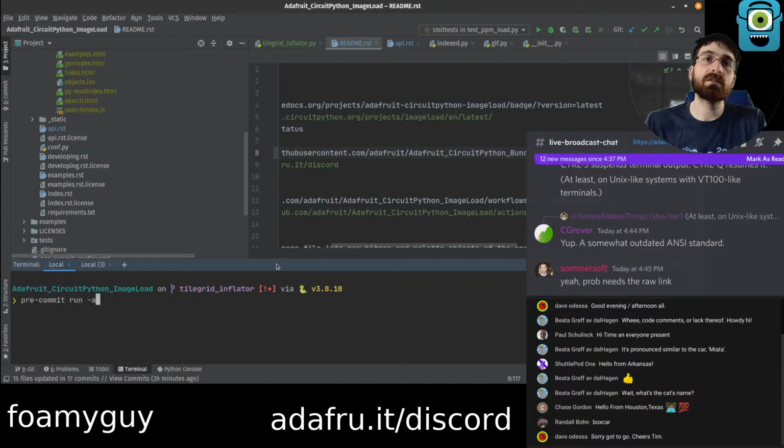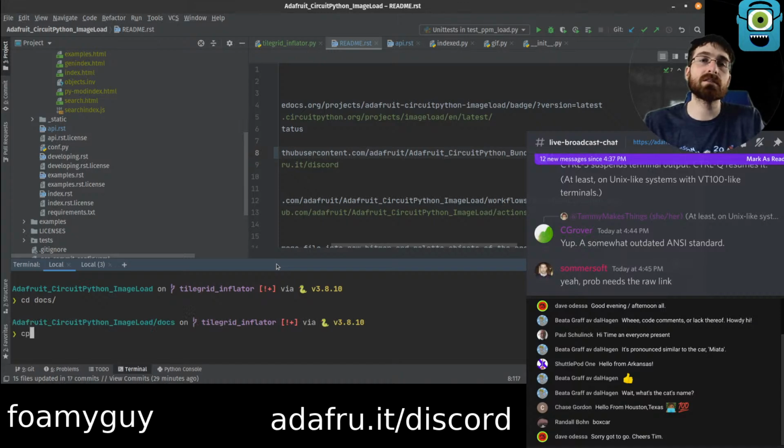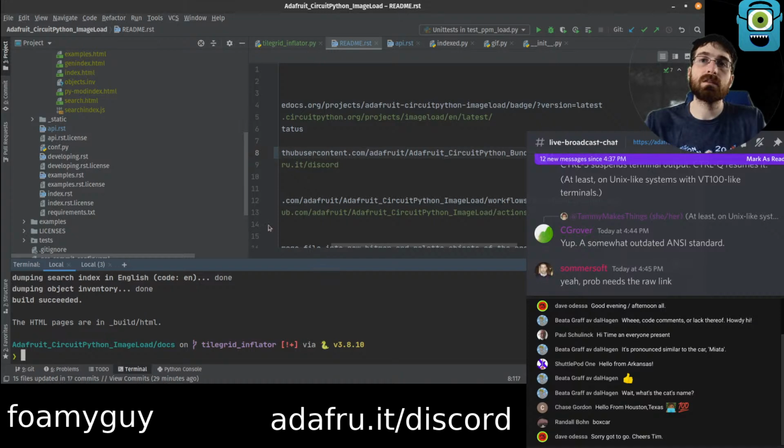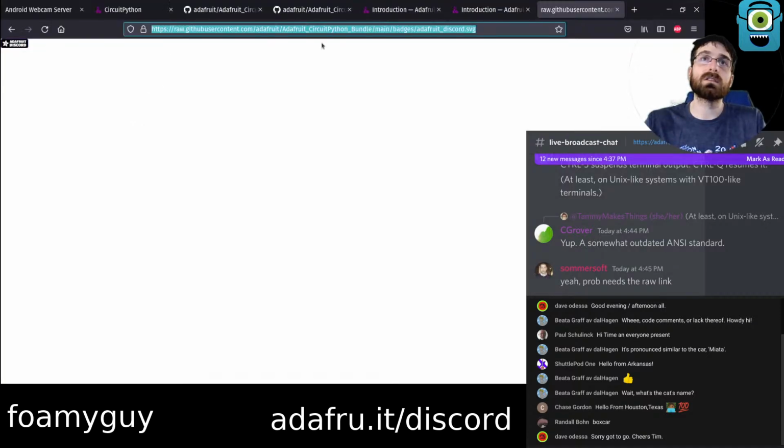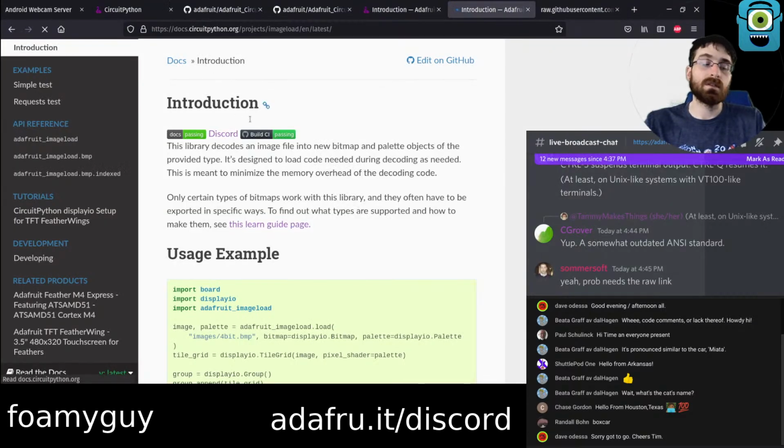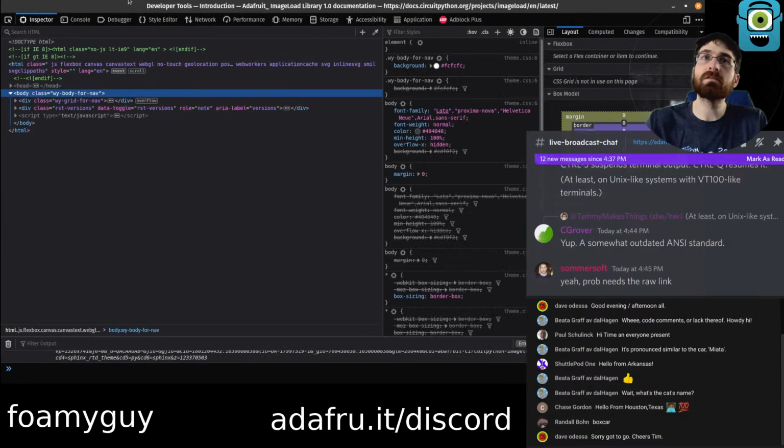Excuse me? Okay. Guess we closed our terminal with the docs build going. Oh, it still doesn't. Is it like failing to load?